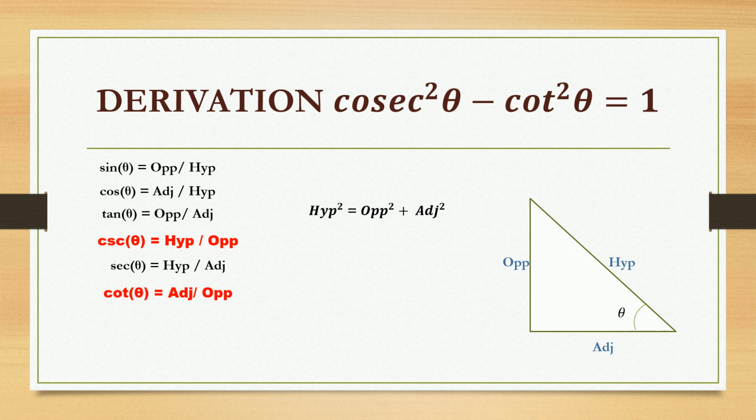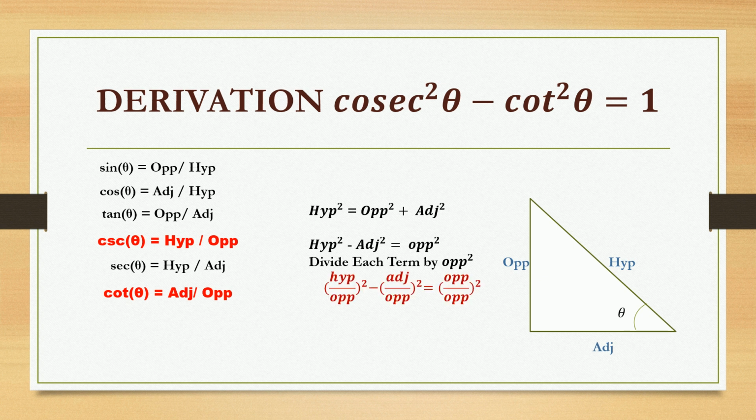Now to derive this, here also we use the definitions of only cosec theta and cot theta, which are marked in red color. Concentrate on those two, and the Pythagoras theorem, which is converted in the second step as per our requirement by taking opposite square towards the right side, because whatever is there on the opposite side, with that term only we divide each and every term. We are getting one more expression. For that expression, just apply the definitions. You will get cosec square theta minus cot square theta is equal to 1. So all the three derivations are very, very simple.